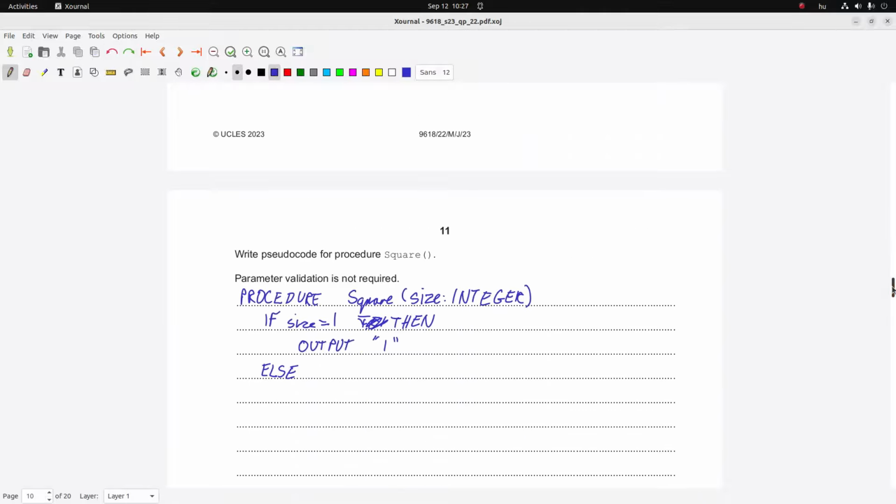So we're going to declare a variable. Declare row length is an integer, and we're gonna say, oh,